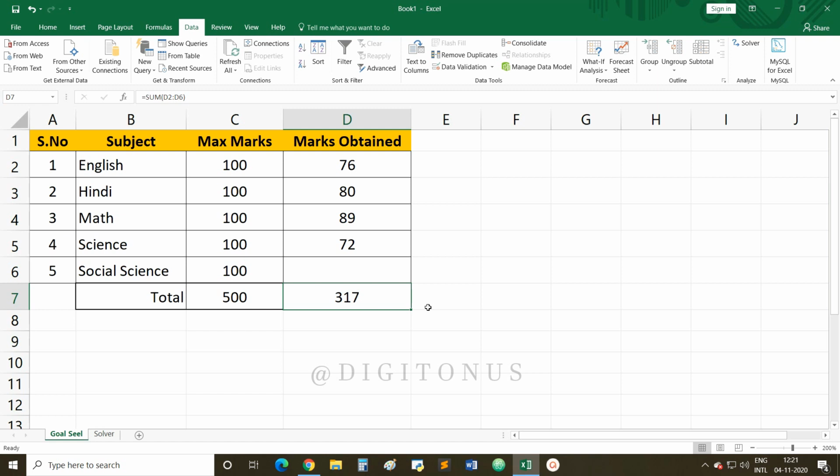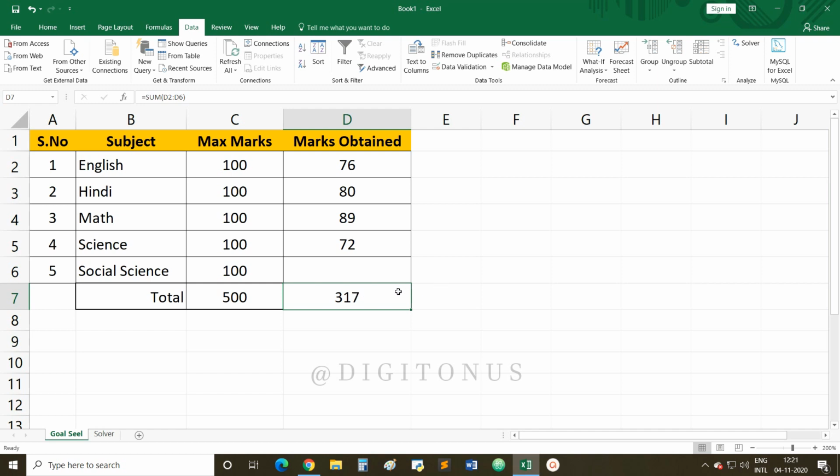If that cell doesn't contain a formula, you will not be able to use the goal seek feature. This is the basic requirement to use a goal seek feature, that the cell in which you want to achieve the desired output should contain the formula. Fine. Already we have used the sum formula here, so we will be able to use goal seek feature.